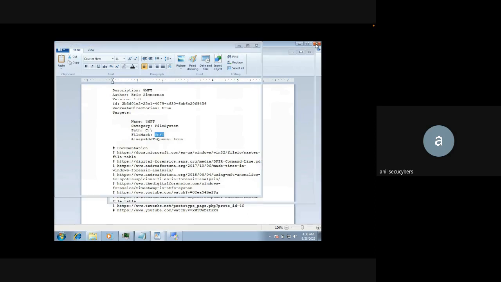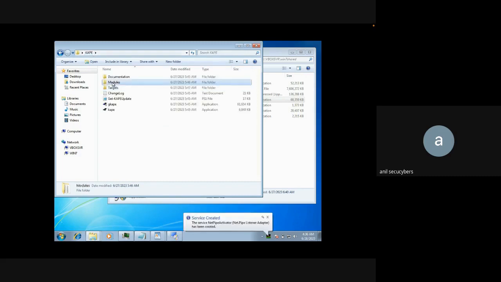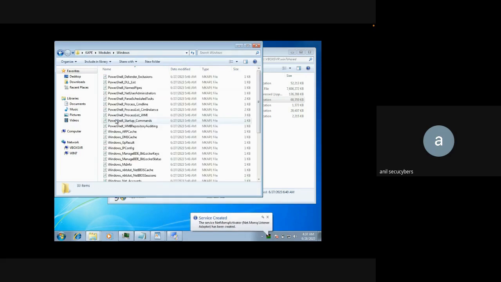About a target, I think it's all very easy to understand: it's just a way to tell CAPE what files we need to extract. And then modules say how to parse certain things after the artifacts have been extracted, so that we can understand them. Okay, so for an example,